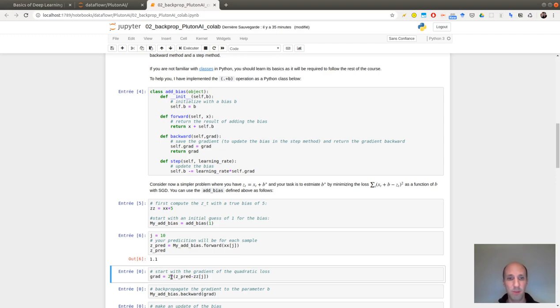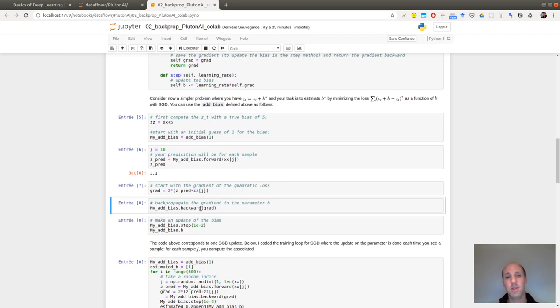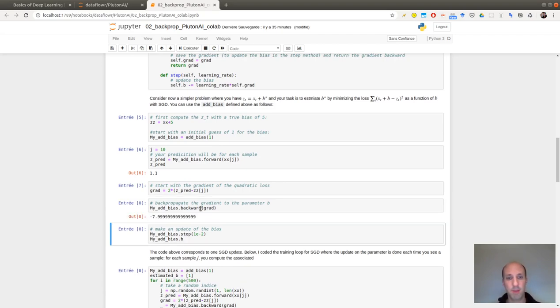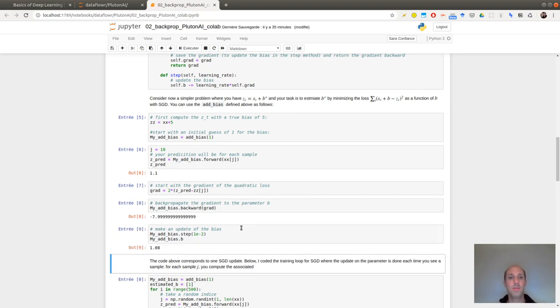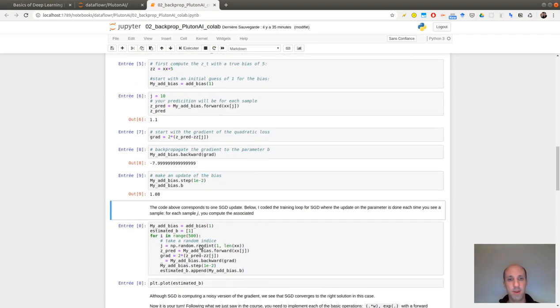So it gives me this prediction. Computing the gradient of the quadratic loss, so it's 2 times the error, adding my bias backward with this gradient and making one step. So you see that I'm actually decreasing b a little bit.